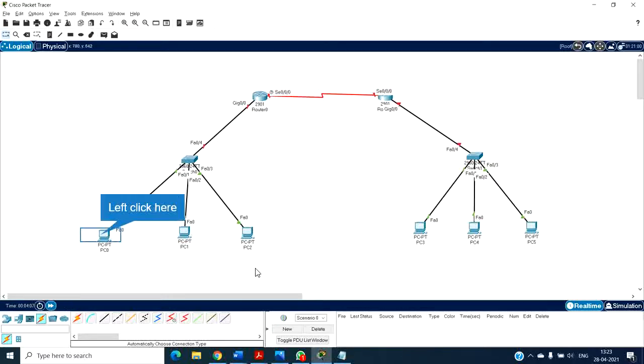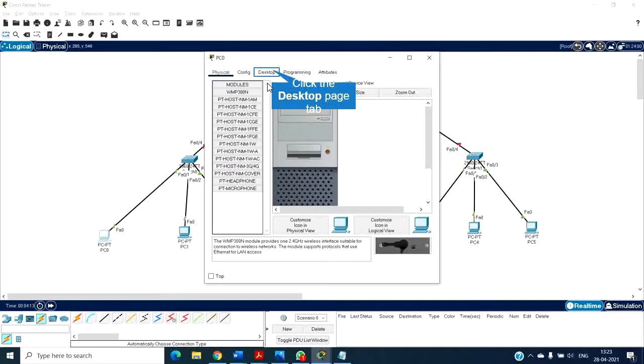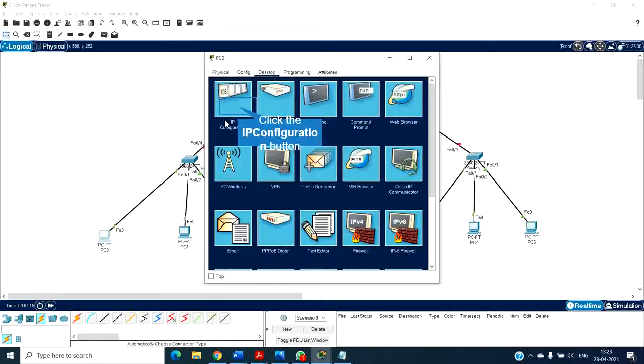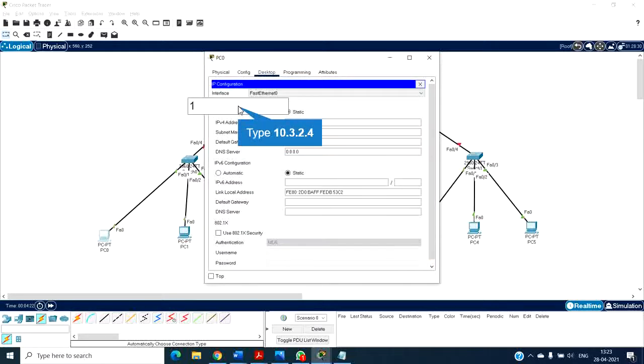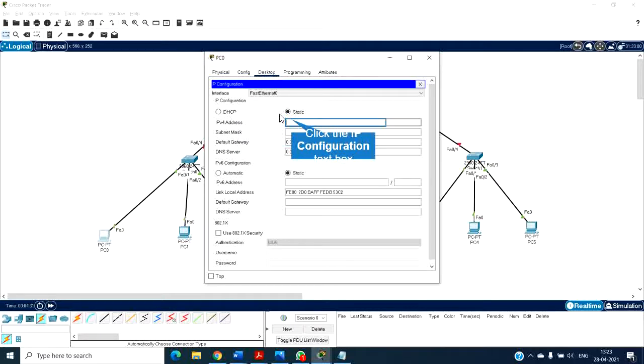Now before moving on to the assignment of how subnets work and how packets will be traversed, let's configure the systems first. For PC0, I'm going to give an IP address. As I said, I'm going to give different classes of IP addresses. I'm going to give a class A IP address for the system networks defined on the left side. So I'll give 10.3.2.4. I'm sorry.